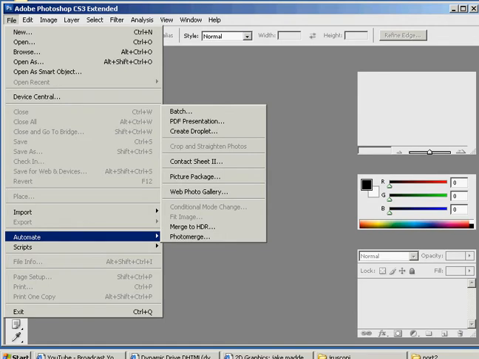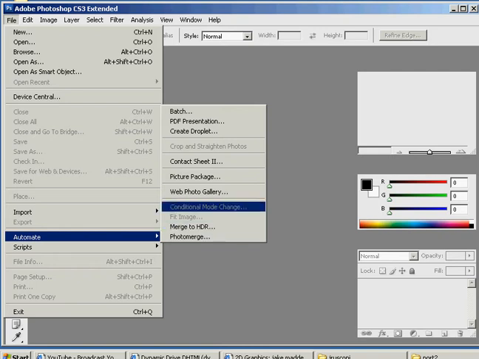Now, one of the things you could do is open up each image, and then downsize it so they're all the same height, and then save it, and then make little thumbnails, downsize again, make little thumbnails, save them again. That's something you could do, and that's what I used to have to do way back in the old days when we didn't have